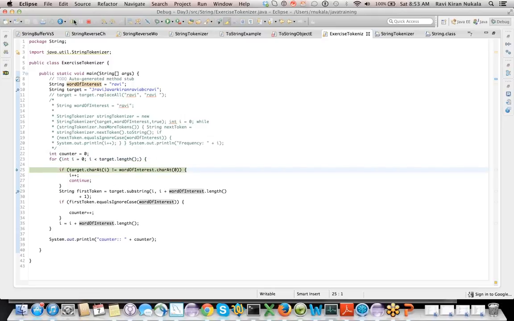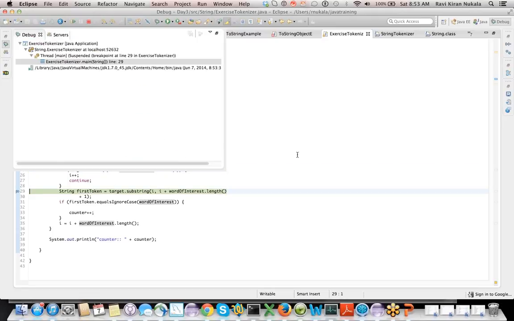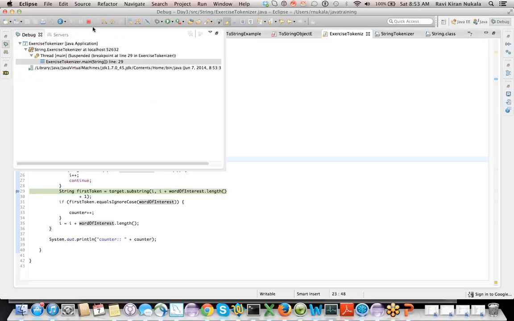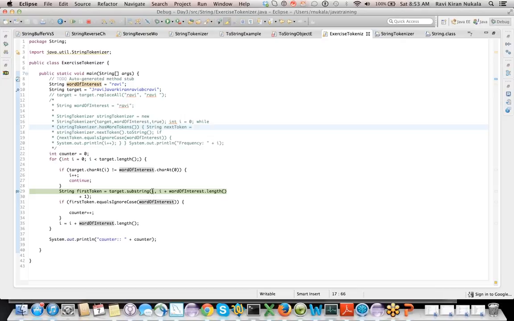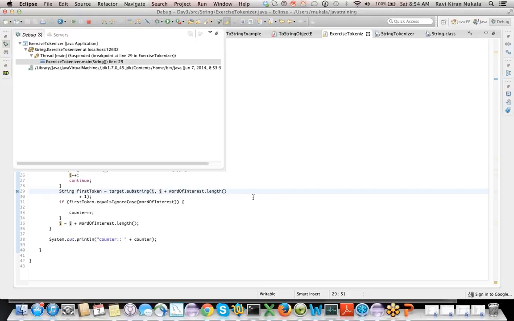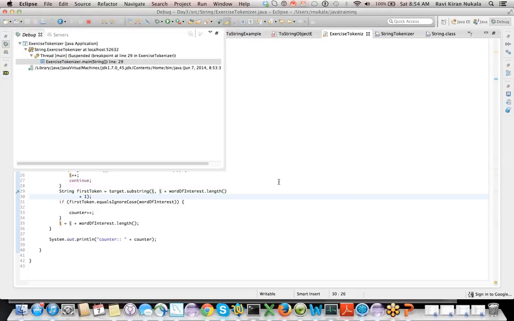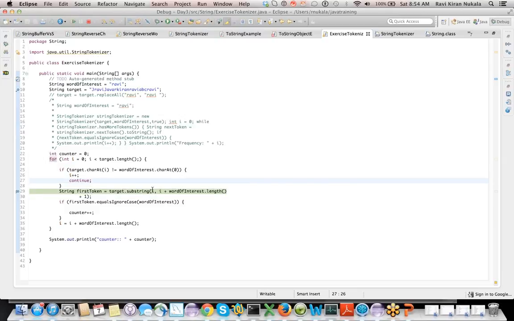Okay. Let me actually see what the i's are here. I is 1, fine. I is still 1. It's not incrementing it. Oh, because okay, I is 9. I is still 9.